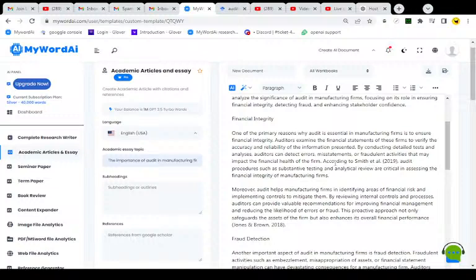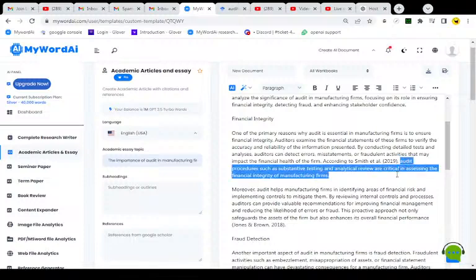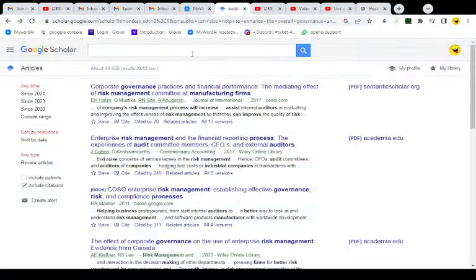So what does this man say? According to Smith et al. 2019, audit procedures such as substantive testing and analytical review are critical in assessing the financial integrity of manufacturing firms. So I take this quote. That quote is actually very correct, but I'm not sure of this author, which is Smith et al. So I take this quote, I take it to